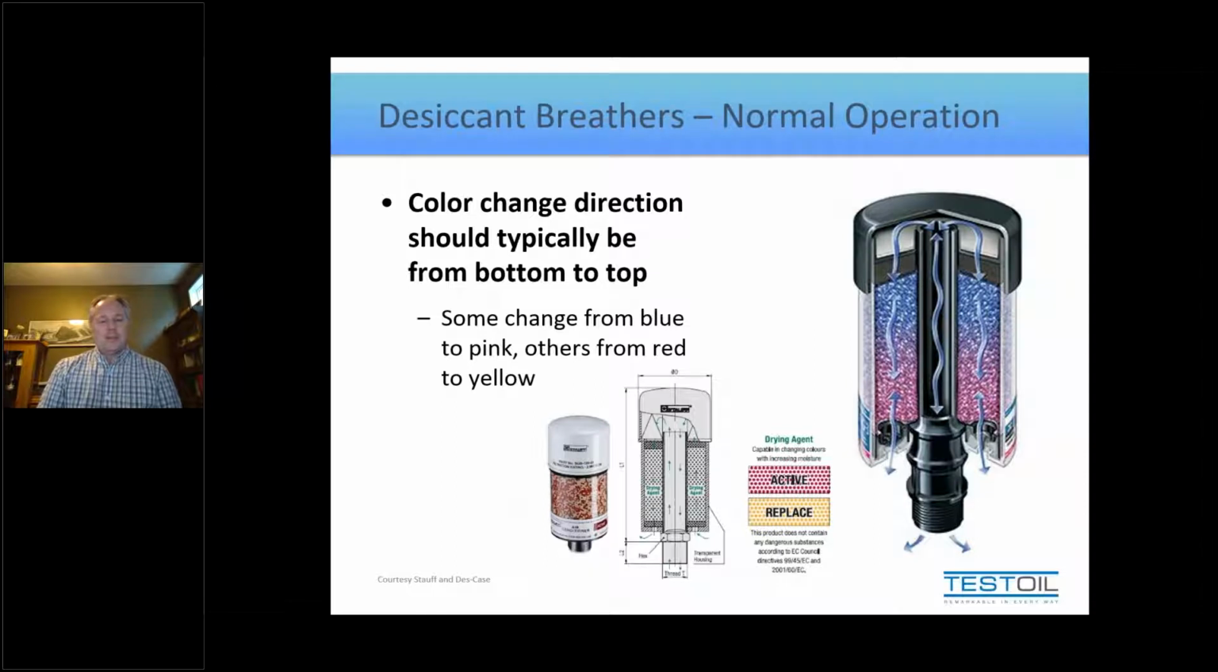And I mentioned the color because there are different brands out there. I'm showing you a different brand here that's got red and yellow as the colors that it can change. So we need to understand what breather we're using, know the color that it should be, and understand the flow direction within that breather. And like I said, this is a very common style to breathe through the bottom into the top. And the most common version of it, or at least brand of it, changes color from blue to